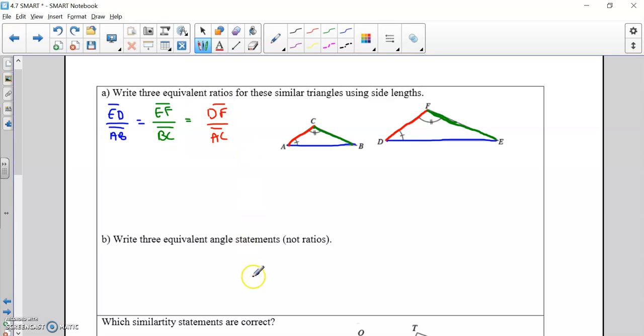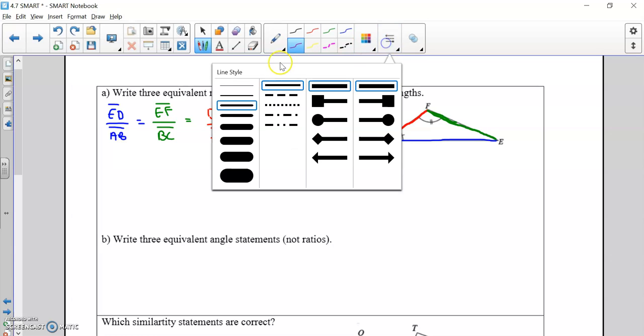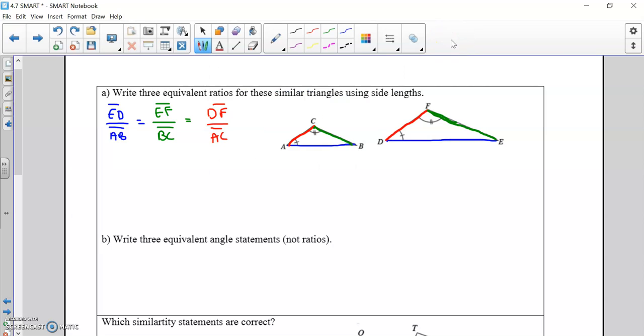Now we have some angle statements. With angles, they're not ratios because when we're working with angles, we're just literally saying that each matching angle is equal to the other. So here I would say that angle A, that's the angle symbol, it's not an L. Angle A is equal to angle D because those are in matching positions, and they also have these matching tick mark things. We can say that angle B is equal to angle E